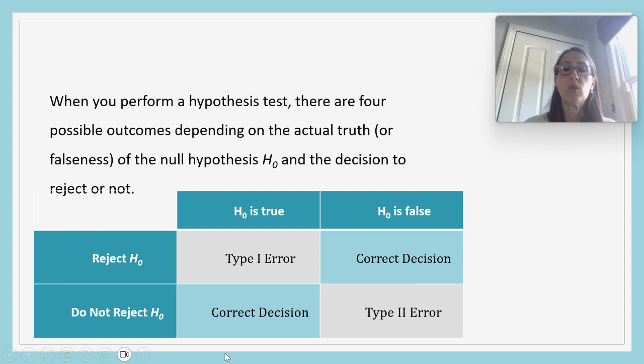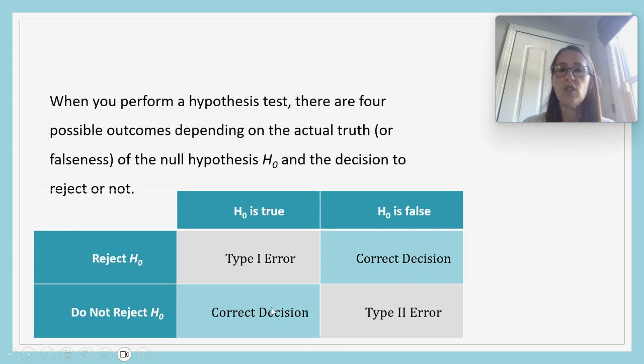So we have these situations where H0 is true, but you reject the null hypothesis. That's called a type 1 error. If the null hypothesis is false and you reject the null hypothesis, well, that's the correct thing to do. If the null hypothesis is true and you do not reject it, that is also the correct decision. But if the null hypothesis is false and you do not reject it, that is called a type 2